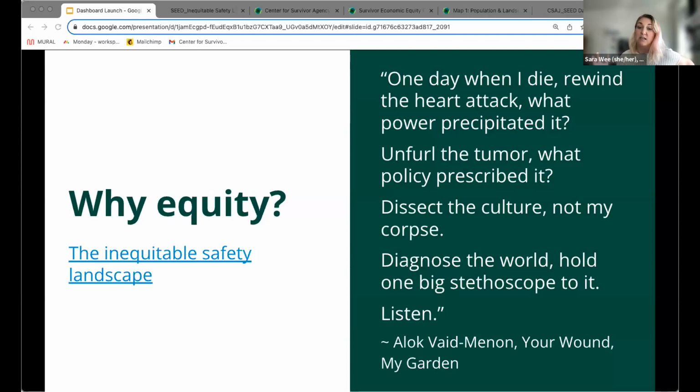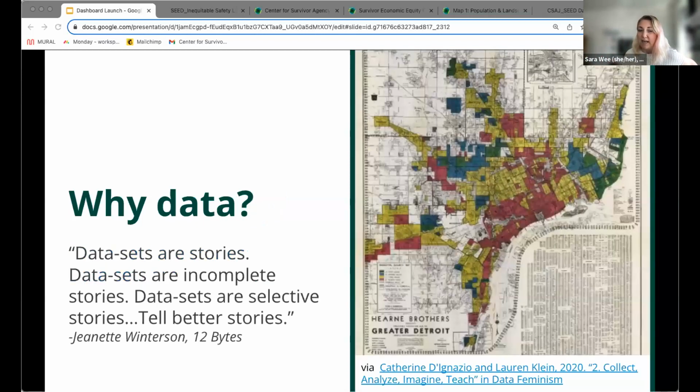So data is one way, not the only way, that we can act and that we can listen. Both rethinking how we interpret and build narratives around the world and our understanding of it, and how that informs our outward advocacy. The other question, and the reason why data, is because we know that data sets are stories,